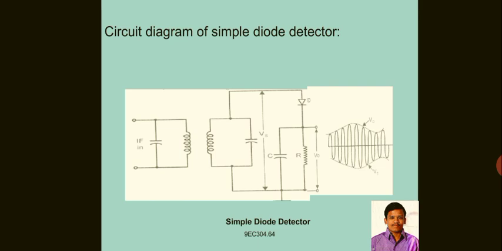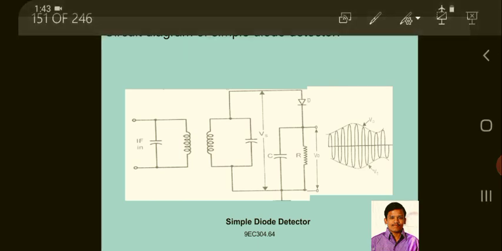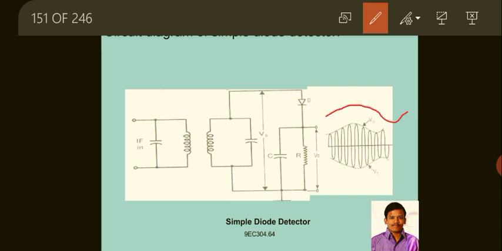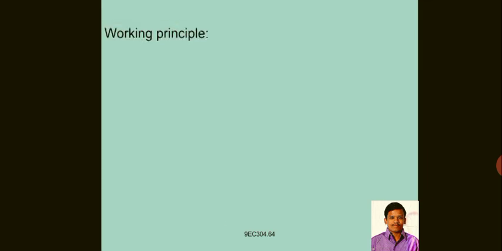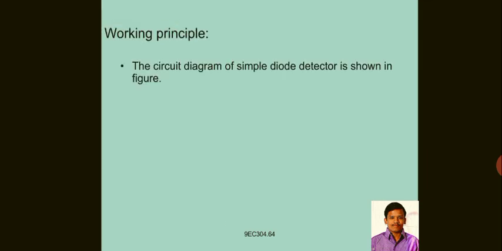Therefore in this one, if you look at the diagram once, here this envelope is called V0, and here this total signal, that is towards the output positive side and negative side below the reference, is called Vs, that is the input voltage. If you look at the diagram once, now we will explain the working once again.